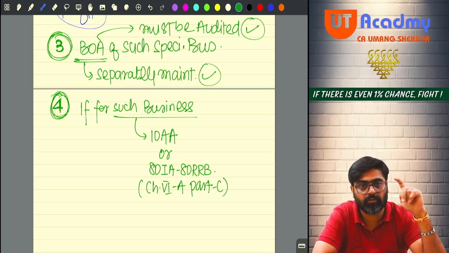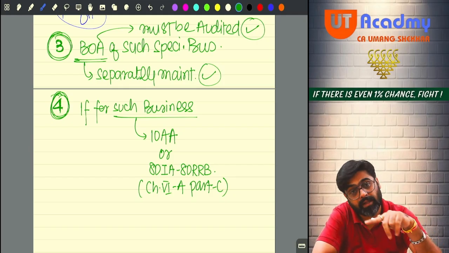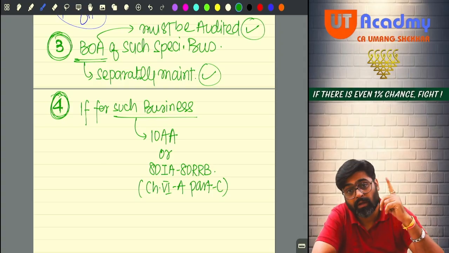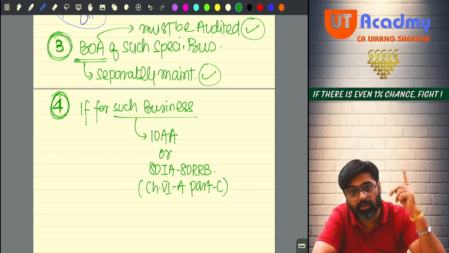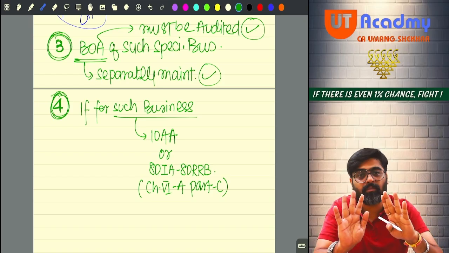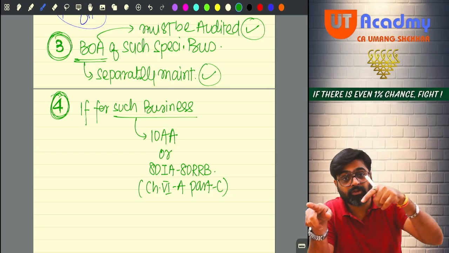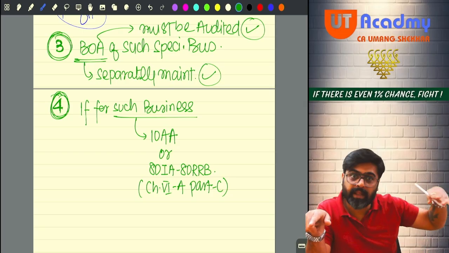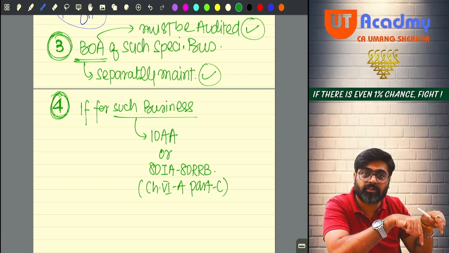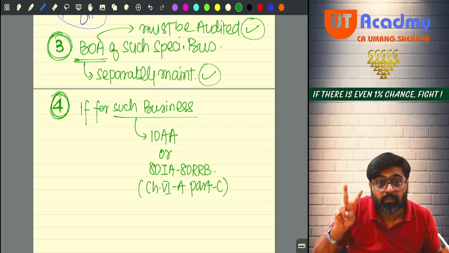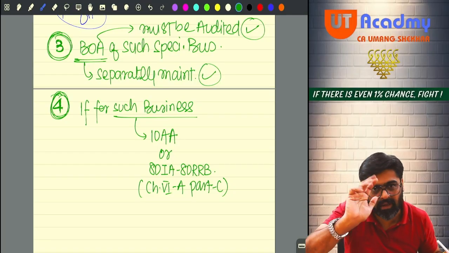Now see, you are doing one business. For that business, you are eligible to get deduction under 80IA to 80RRB also. You are eligible to get the deduction under 35AD also. Now will you claim both? For a single business, if you are going to claim this benefit under section 35AD, for that same business you cannot take 80IA to 80RRB. Forget 80IA to 80RRB. Or if you are taking 80IA to 80RRB deduction for that business, then forget 35AD. Both benefits with regard to the same business cannot be allowed.